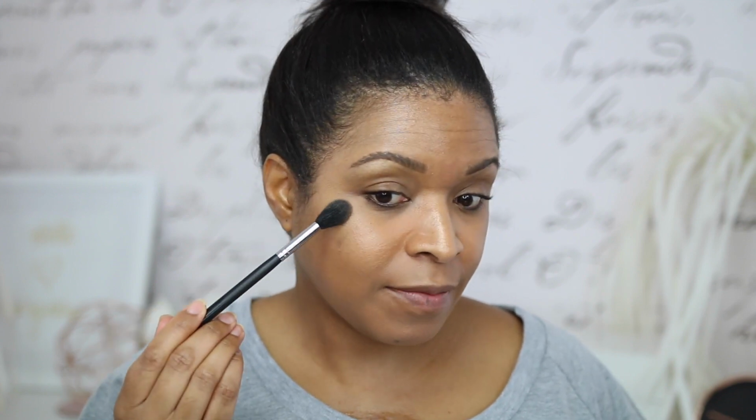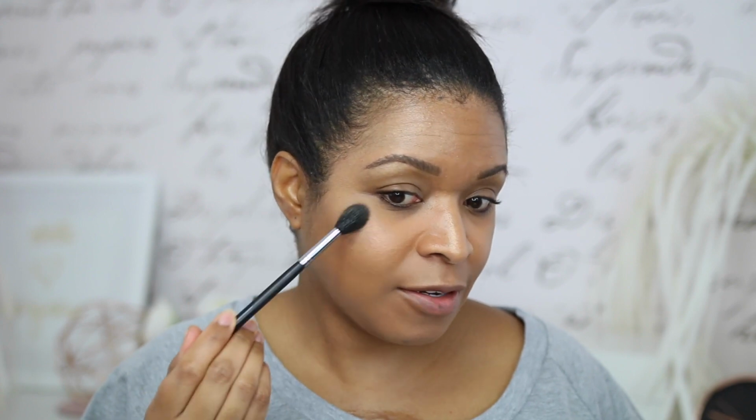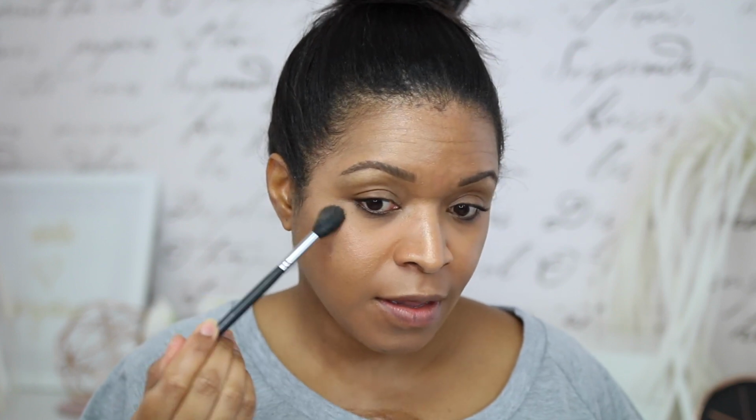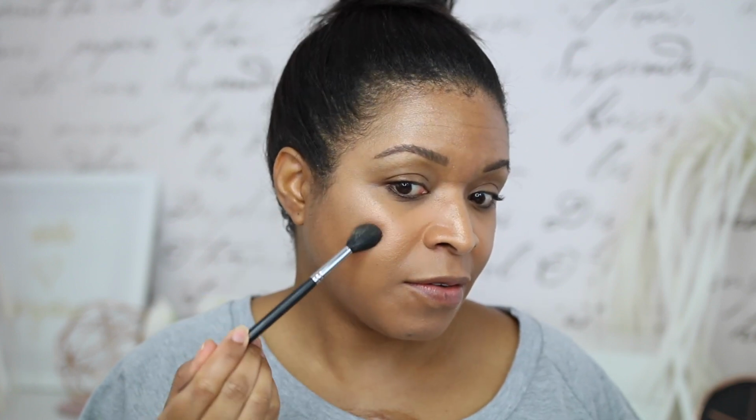And then I just take a smaller kind of highlighting brush. This is the Morphe M501. I really like it. And just dip it into the product. And I just do a little bit, just a little bit, because since I don't have on any foundation, you don't want this to look weird and pinky. Little nose highlight,